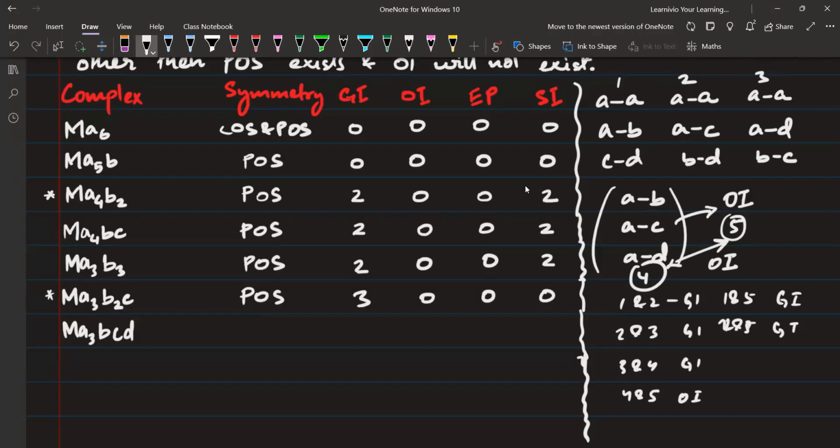है ना। And 4 and 5 will also be known as enantiomeric pairs. 4 और 5 एक पेयर हो गए, that is enantiomeric pair. तो how many geometrical isomers? There are 4 geometrical isomers. And how many optical isomers? तो 4 and 5 are optical isomers, है ना। तो दो ऑप्टिकल आइसोमर, एक आइसोमर तो पॉसिबल ही नहीं है ना, बस समझ में आ रही